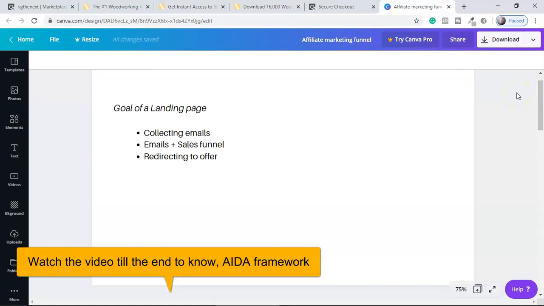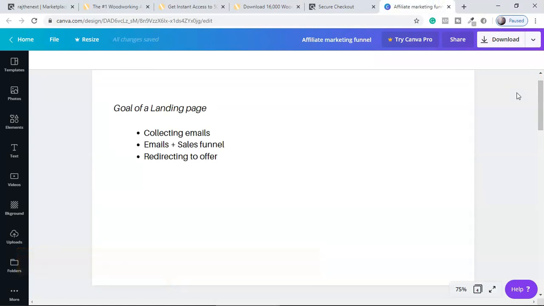This is the second very important step after you pick the product, and that is, guys, what is the goal of the landing page? Do you want to collect the emails, or do you want to collect the email as well as send them to the sales funnel? Okay, generally I create the sales funnel. For example, they will go to a thank you page, and then they will go to the first time offer and all those kinds of things. Okay, that's up to you. Or you just want to redirect to the offer from your landing page. This you have to decide.